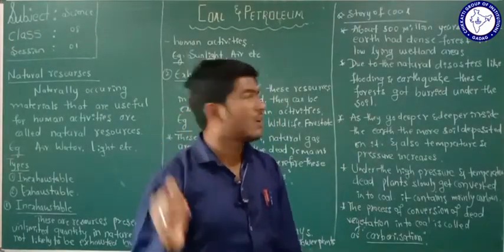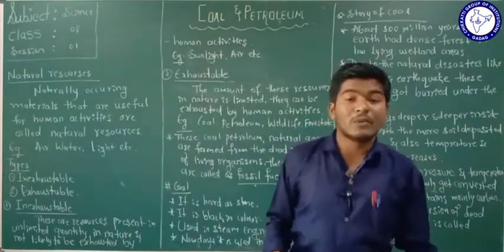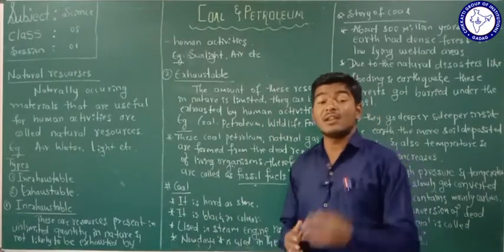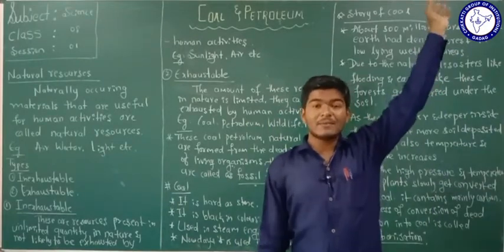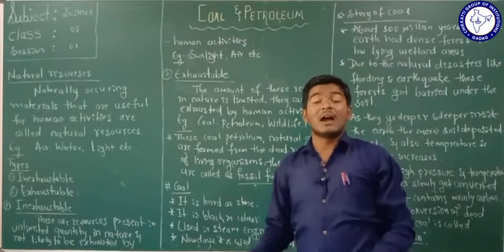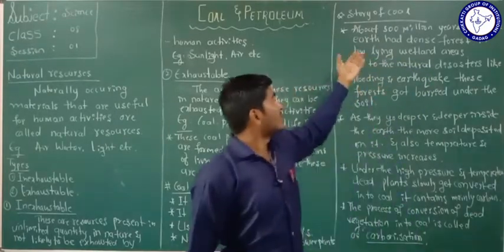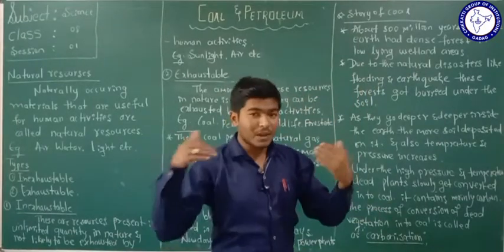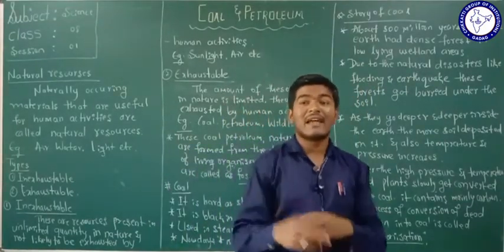You have to remember here, this is the story of the coal. To convert a plant into coal, it takes millions of years. I am considering 300 million years, you have to remember. So 300 million years ago, that forest was buried under the earth's surface, and that can be converted